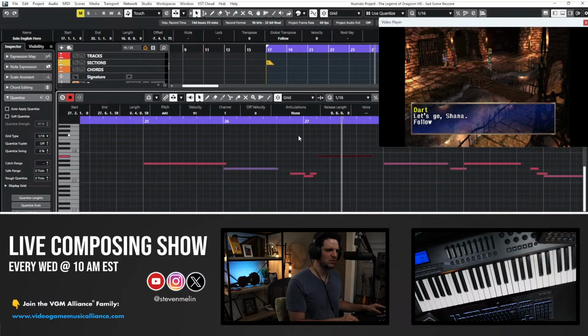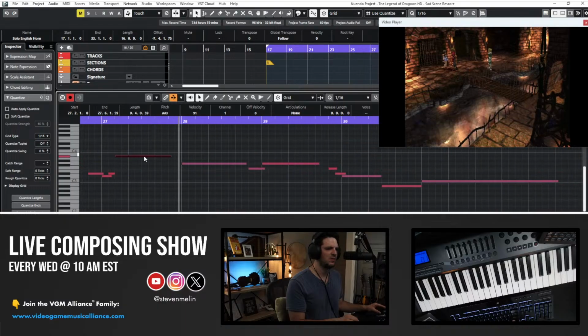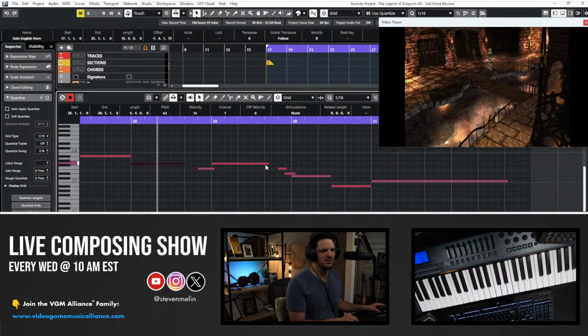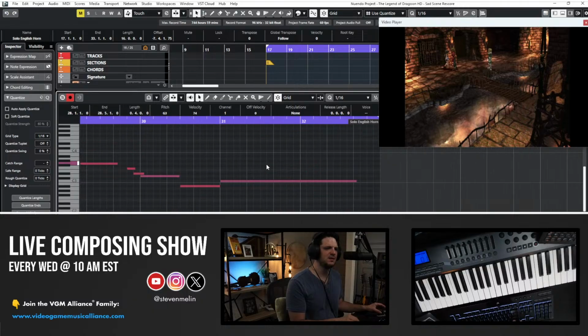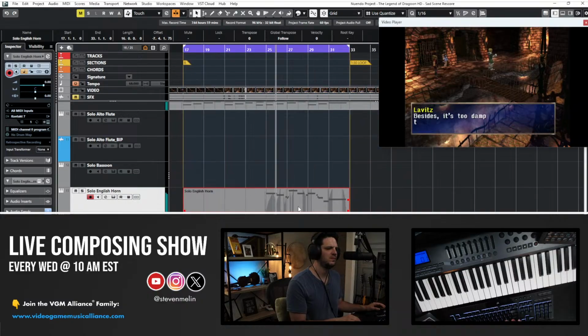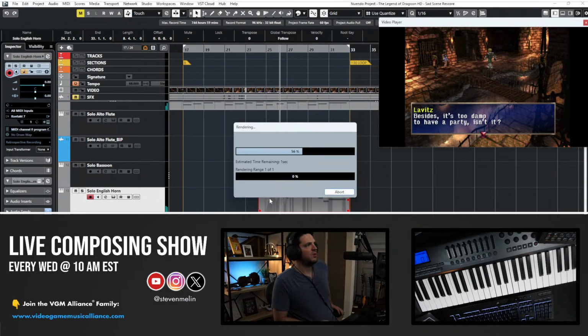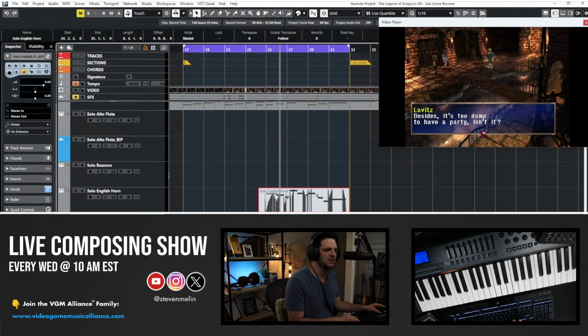You have to choose which ones are separate and connected. Separate. Like that. Okay. I'm gonna go ahead and bounce that and then work with the audio.